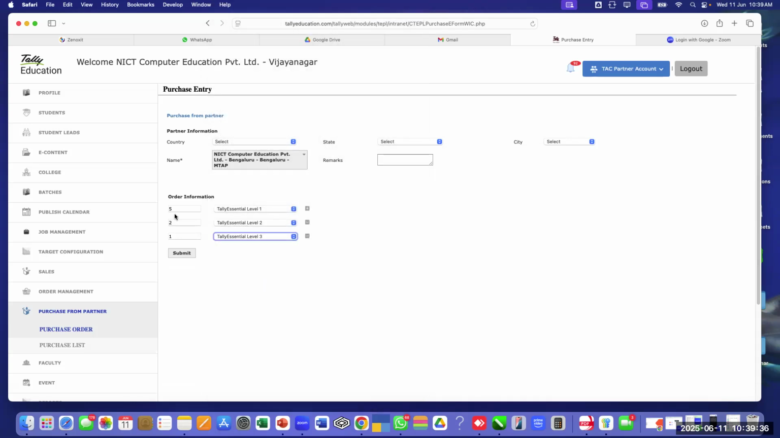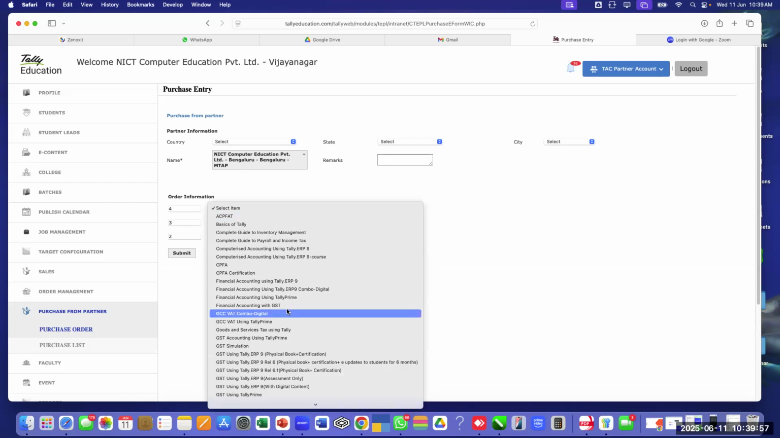Okay. So you are buying now 5 Tally Level 1, 2 Tally Level 2, 1 quantity of Tally Level 3. This can be edited. You want this to be 4, make it 4. You want this to be 3, make it 3. You want this to be 2, you can make it 2. So whatever you want, you can edit. Let's say select the item,